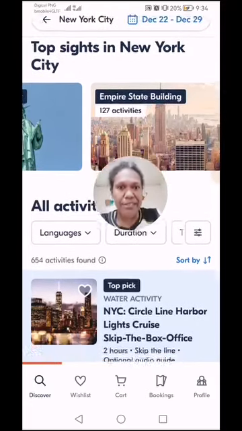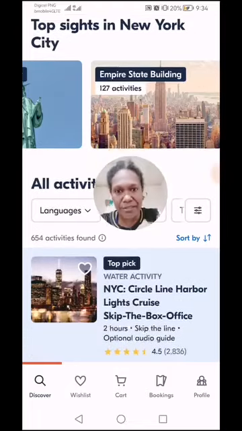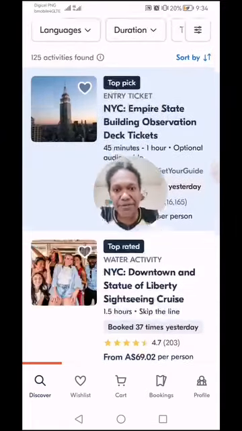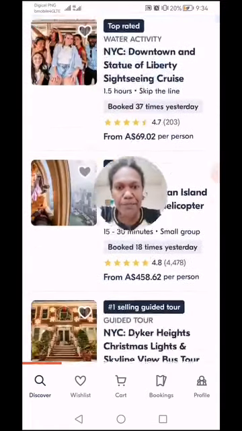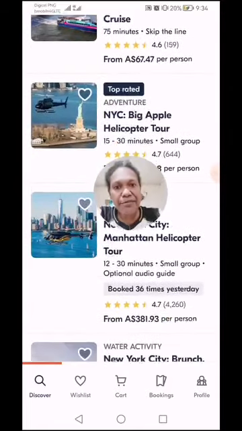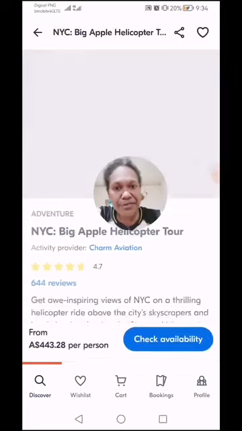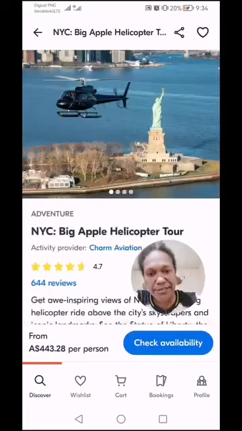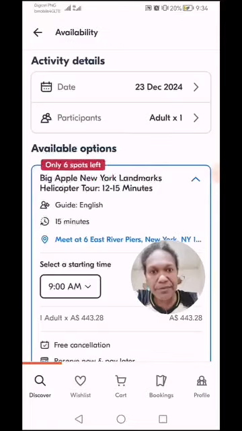If you're interested in visiting the Empire State Building, you have 127 activities. If you want to have a look at those, you simply click on it, and it gives you all the different activities in that area, and then you can choose. Once you have chosen one, you simply click on it. You see down there, check availability. So if you want to book,